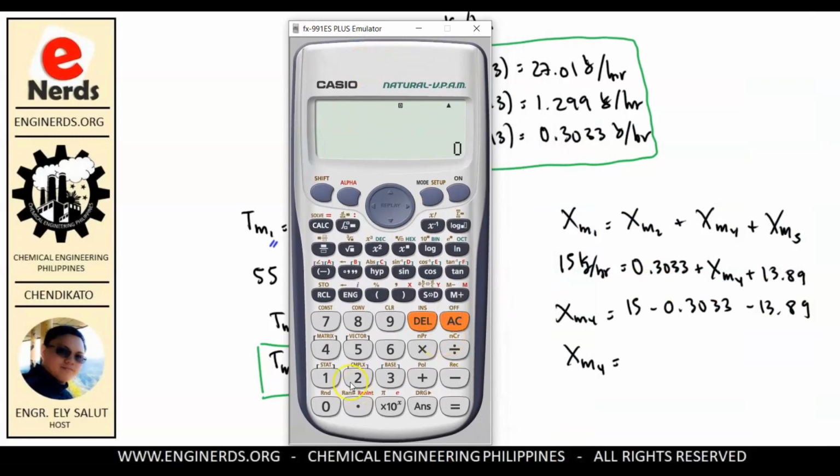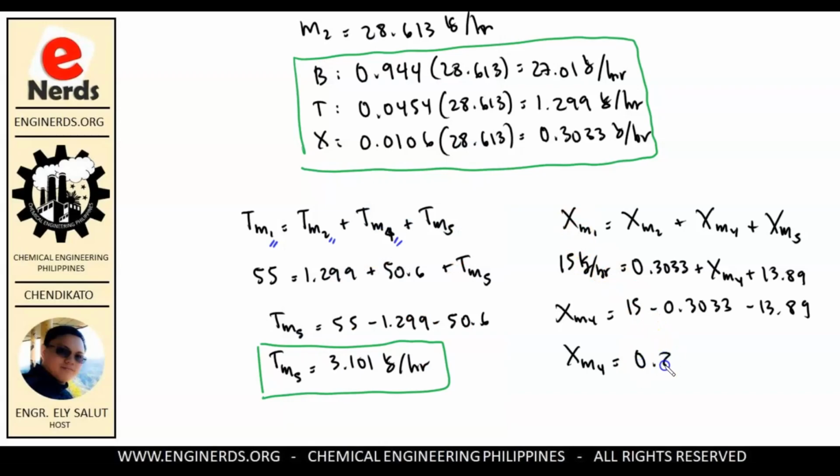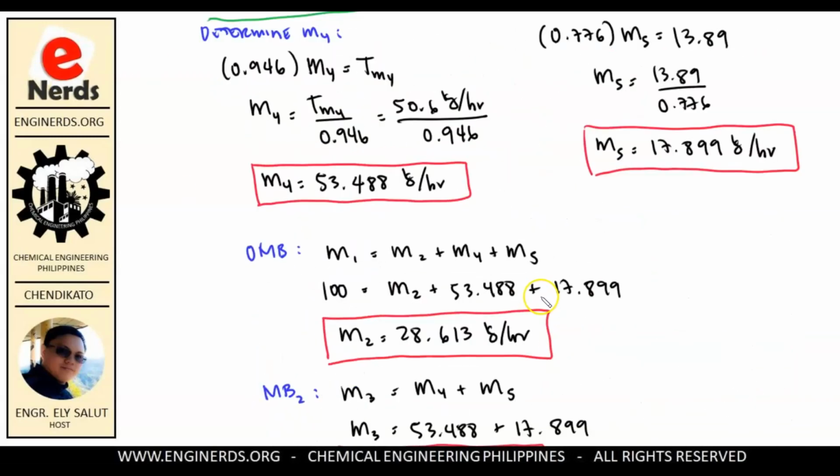We have 15 minus 0.3033 minus 13.89. This is equal to 0.8067 kilogram per hour. Okay, so I'll just box this out. So our answer for X in M4 is 0.8067